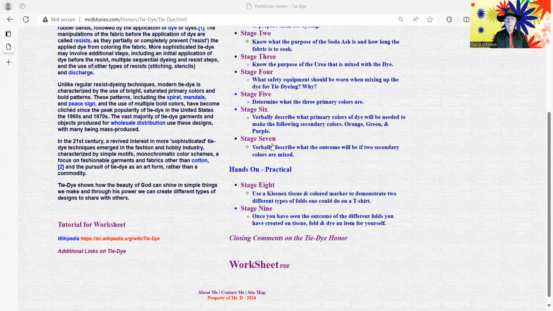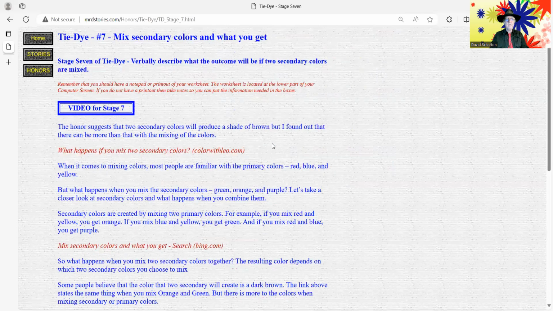And we're going to step into the arena with the software. And I have a little website, which I listed all of these under stage 7. And in stage 7, which says mix secondary colors and what do you get, describe what you get verbally with the mixing of these two colors. This is being done in your Pathfinder club, or in your group that's doing this, making sure you understand the colors. And I start off with the honor suggests that 2 secondary colors will produce a shade of